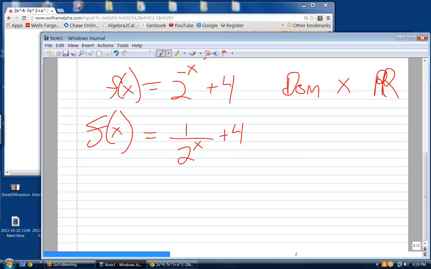Now my range. Does it involve the 4? Well, it does, but range is a lot tougher to figure out than domain. Domain is rather simple. You just try to figure out what x can't be. If I have this function,